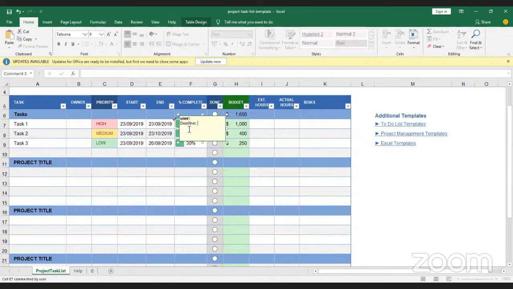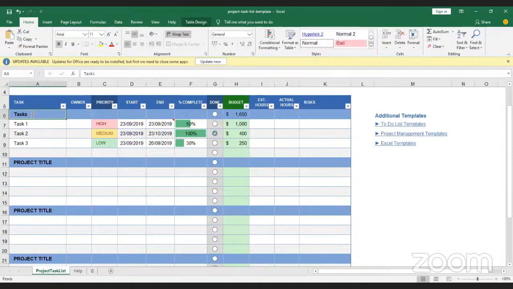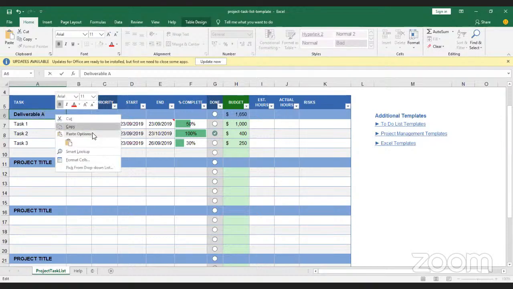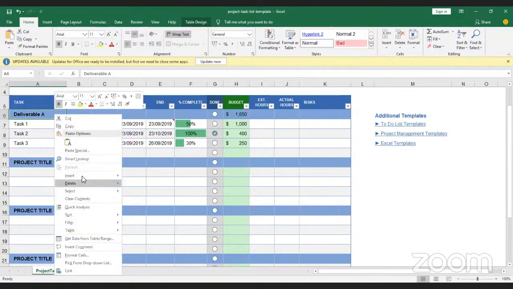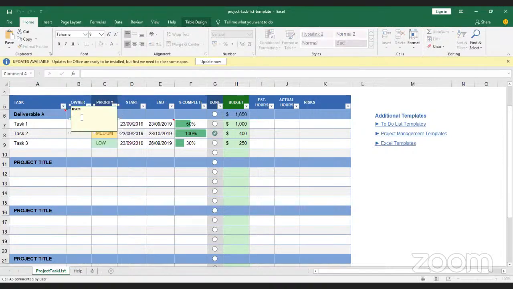Now, if there are relationships that exist, okay, let's assume that we are using this strictly for mapping. So I could use this as deliverable A. Now, if this project is to be done by another company outside of our own company, then I may have to, okay, let's assume I'm a coordinator, right? And then I have different companies doing different deliverables. So I may have to insert a comment, and say this project is to be done by XYZ